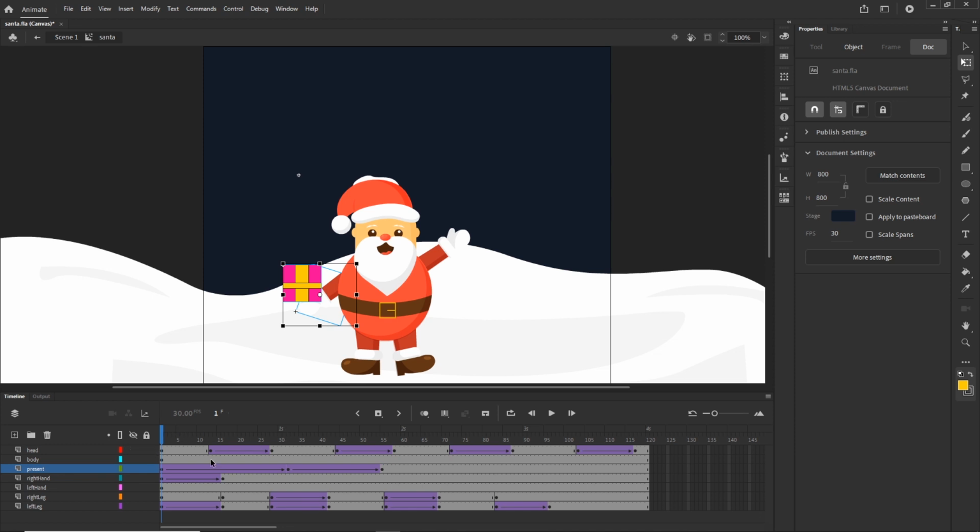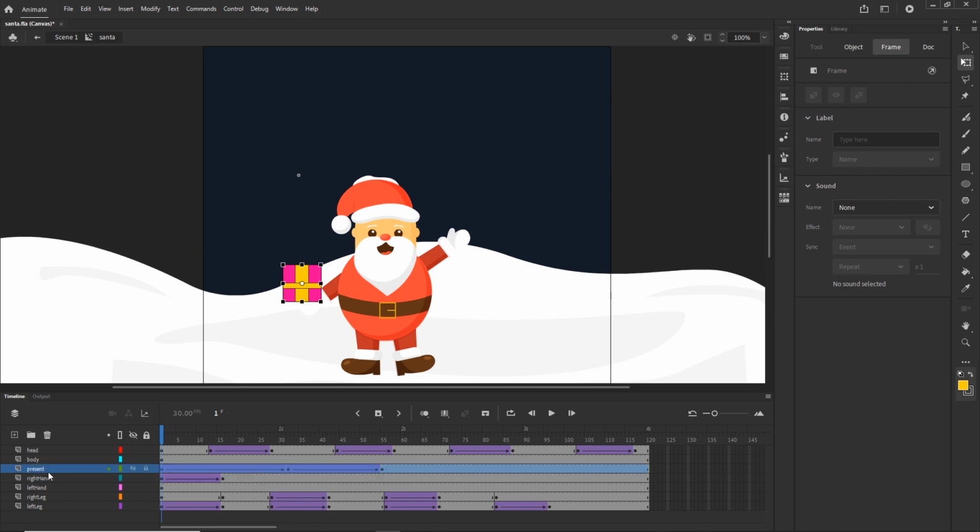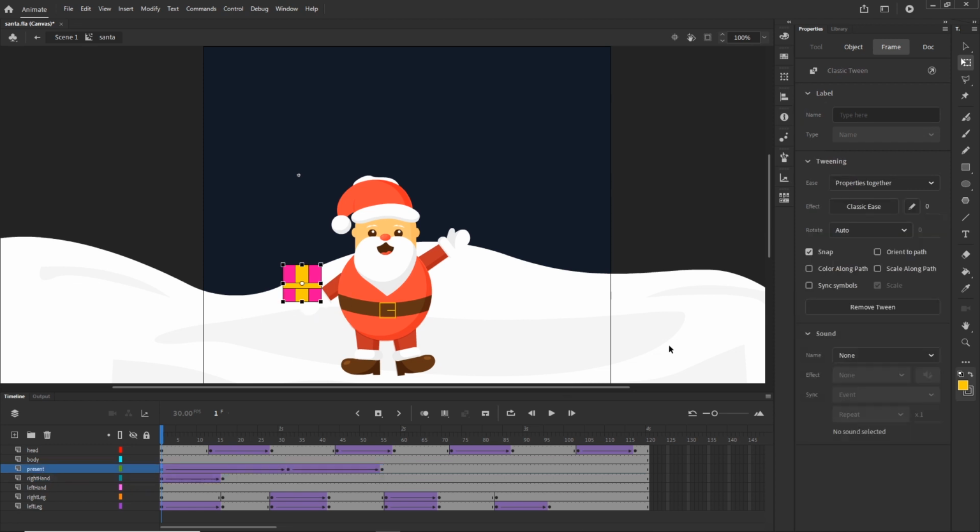Right now, with the present, I would like to create some kind of easing. Because if you throw something up, it is not going to have linear movement all the time. It is going to start quickly and slow down with gravity, and then it is going to fall slowly and, with gravity, fall quicker and quicker. Hopefully that makes sense. So I will click on the present on this first keyframe and I will go to the